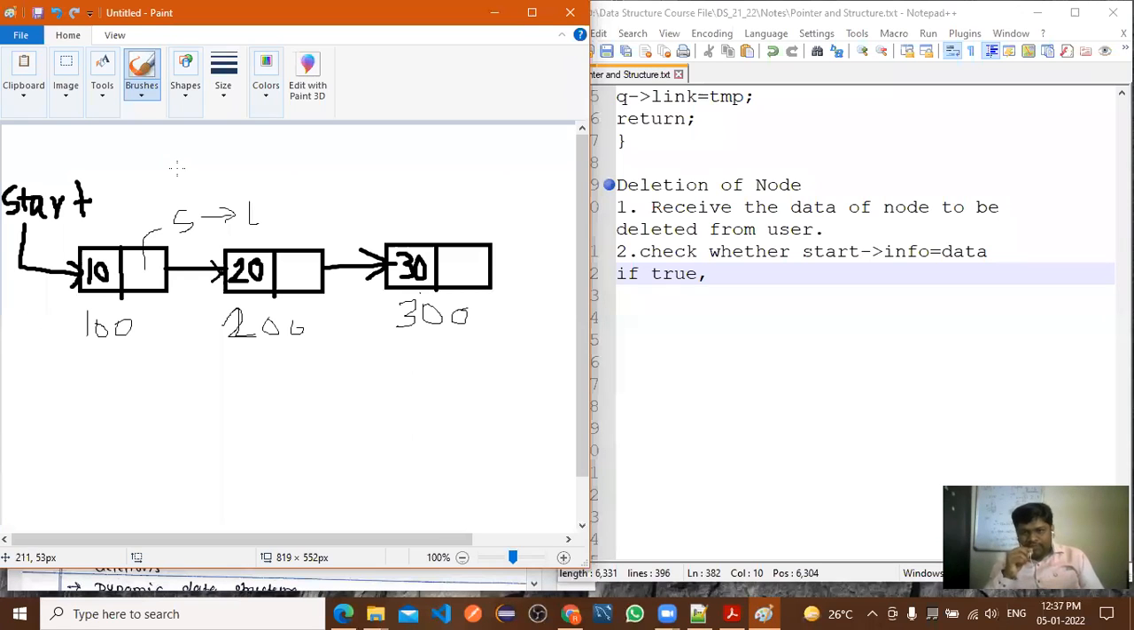Is the voice audible to everyone? So start's next pointer, connect it to the node. Where do we need to connect the start? Start should connect to the next node. So we will connect, let me draw. Start we will connect with the next node instead of the first node,